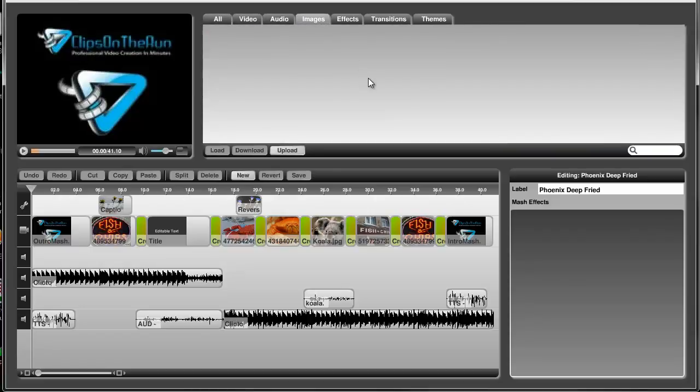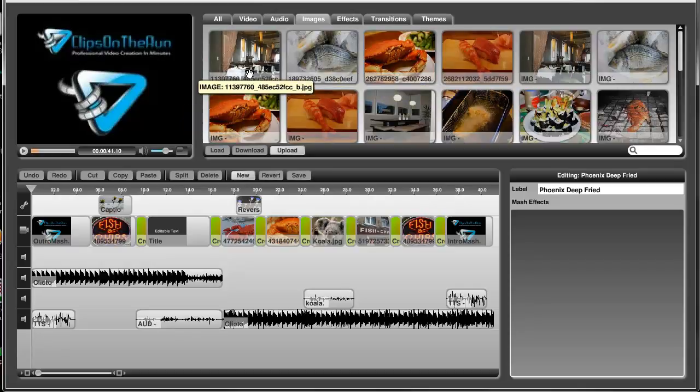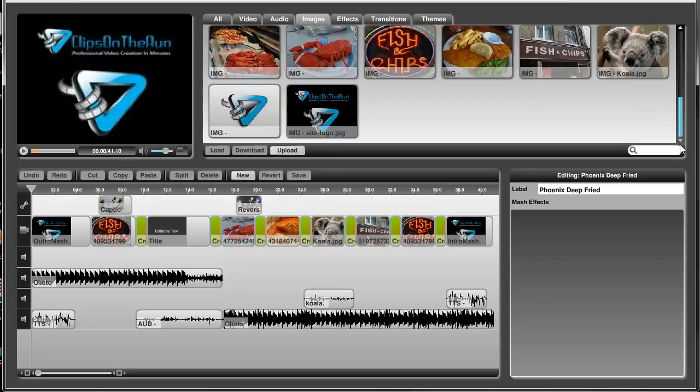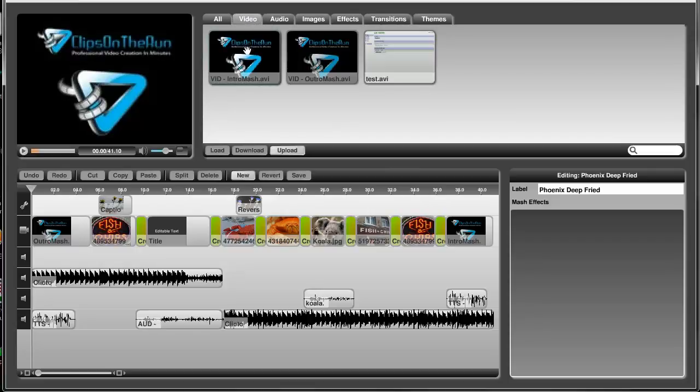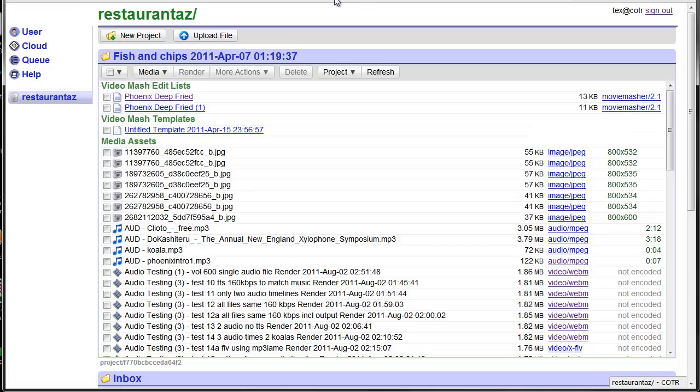And we click on images, and you can see them all again. And when you hover over them, you can see the full image name, plus the tag that we're applying to them, which says image. These are images. These are my intro and outro meshes that I've created, as well as the test AVI that I've uploaded. Then once you've done that,